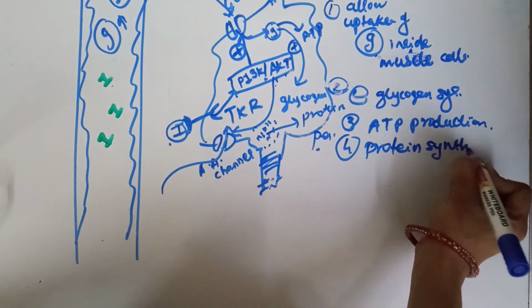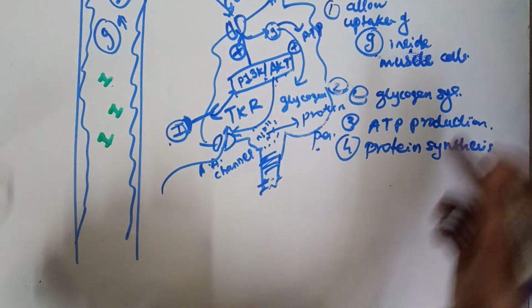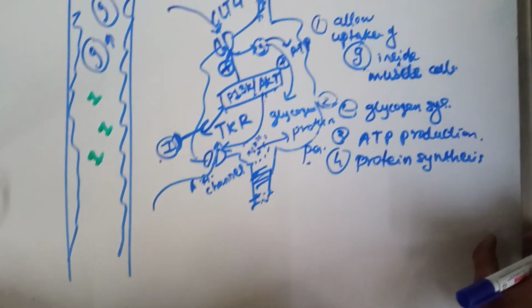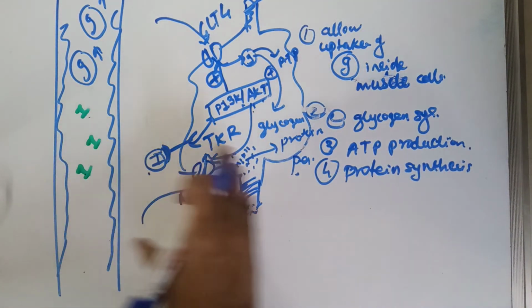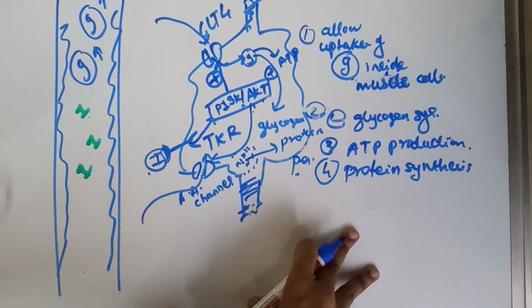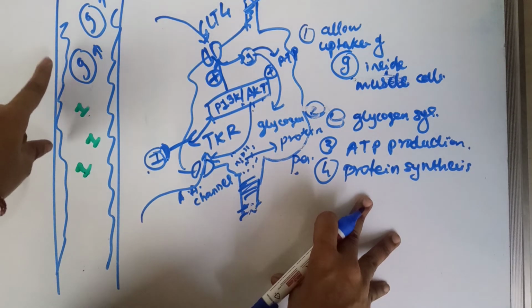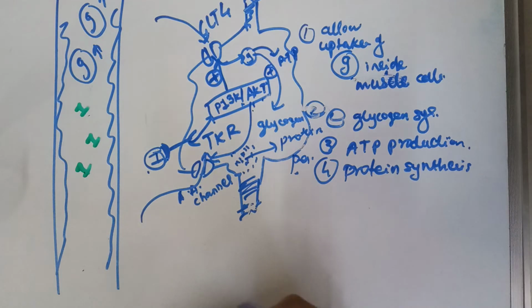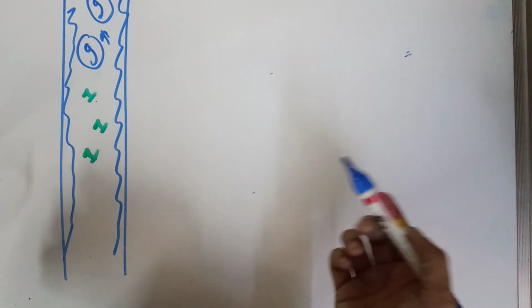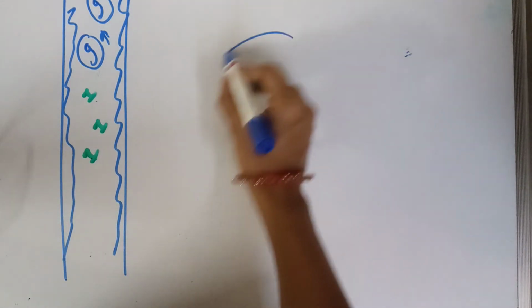So you can see, guys, how insulin utilizes your glucose in many different ways to lower your glucose concentration. Obviously, if glucose is used in these processes, this will lower your glucose concentration. Now, glucose has not stopped yet. So later we can see what it does with your adipose tissue.